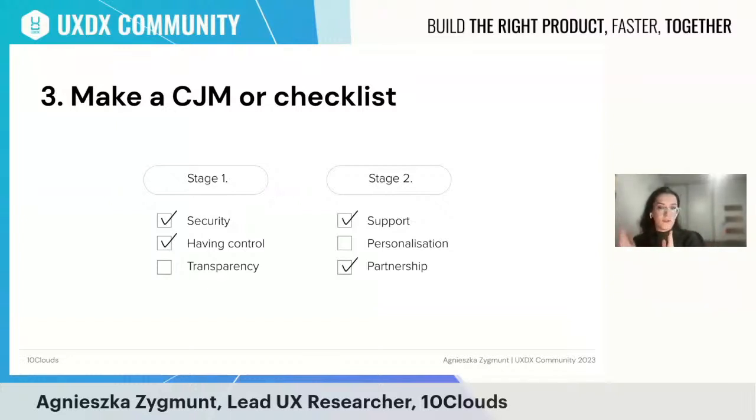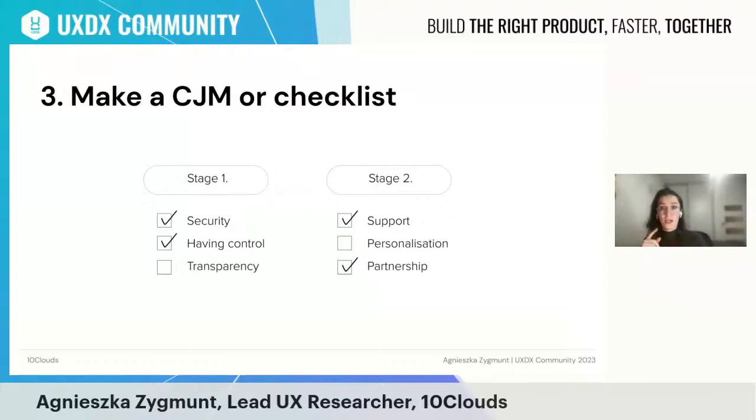Probably in the first stage, for example, if you are buying a ticket for something, you need to have transparency, you need to have security because you will be paying for something. But in another stage, when you are at the concert, when you are at a conference, you have other values that you're expecting. For example, having fun or meeting new people or learning something. So having different checklists for every stage of the process helps you check if you have